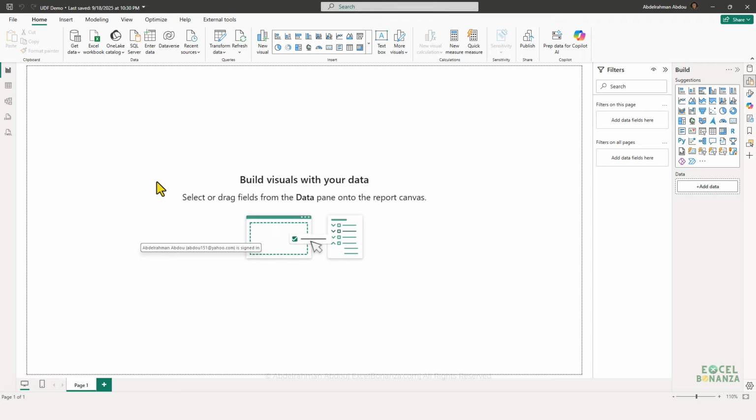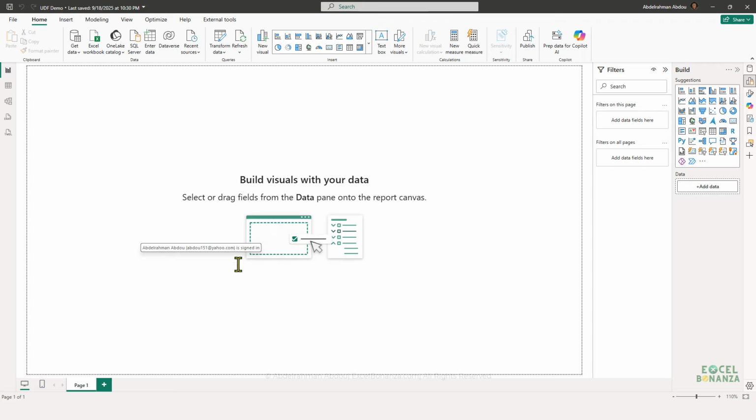Today we're going to talk about the new update in Power BI in September 2025, which adds user-defined functions. This allows you to create a function that you can use in different measures over and over again. This greatly eliminates repetitive work, because there will be calculations that you might want to do in different measures. So instead of writing a long formula in each and every measure, you just use a pre-built function to perform that calculation. And we're going to see three different examples of varying difficulty to illustrate how to use the new